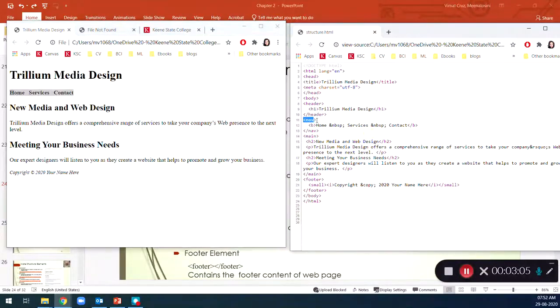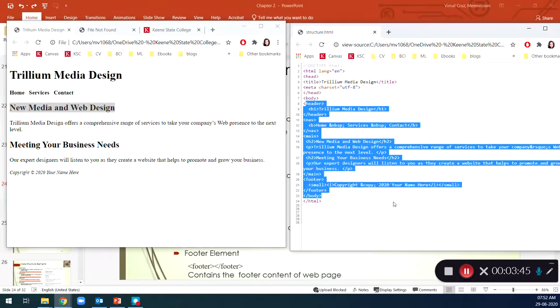So you have wrapped up this content, this home, services, contact, in the nav tag, opening nav tag and closing nav tag, and this one as the main content. So from here to here it is main content. You can see how you have wrapped up all this content in a main tag here, and this copyright symbol is in a footer tag. Okay, so you can see that we have wrapped up this content with this footer tag. Okay, so this is the basic structuring element that you're going to use in all your web page creation. So all web pages should follow this basic structure. So these are called structuring elements.